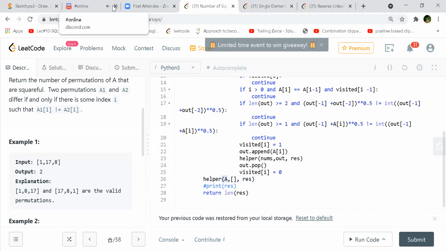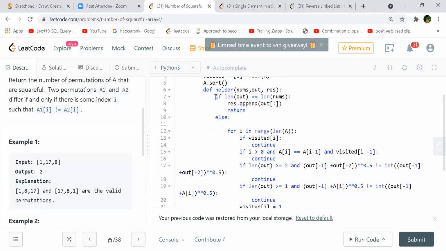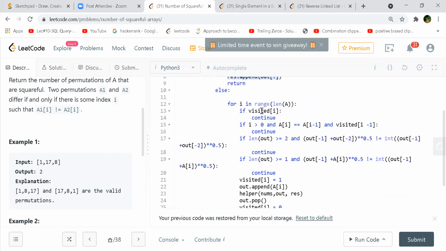Here, this is my out list, the transient list, which will store the values, and the rest will be your final one. In the helper function, you check if the output and the original nums lengths are the same, then you copy everything into your result array, the final array.